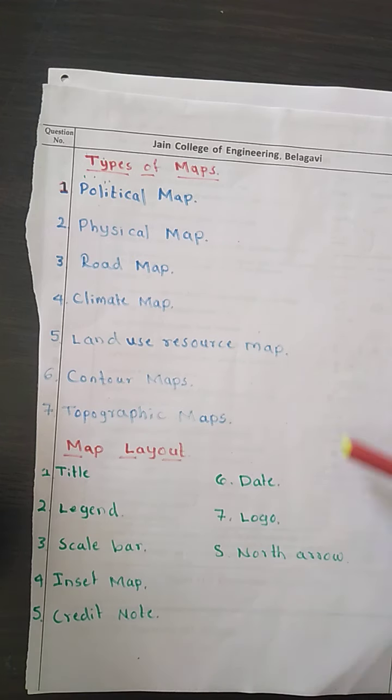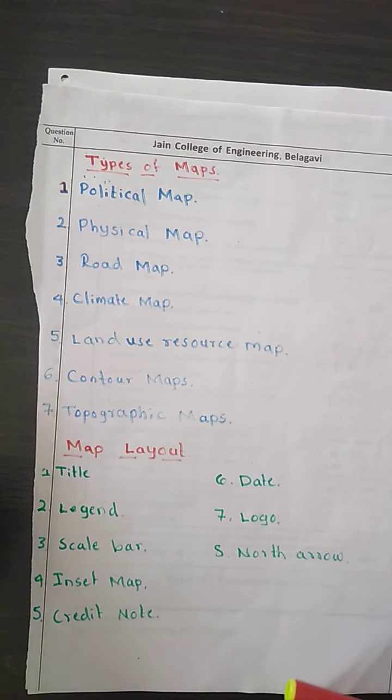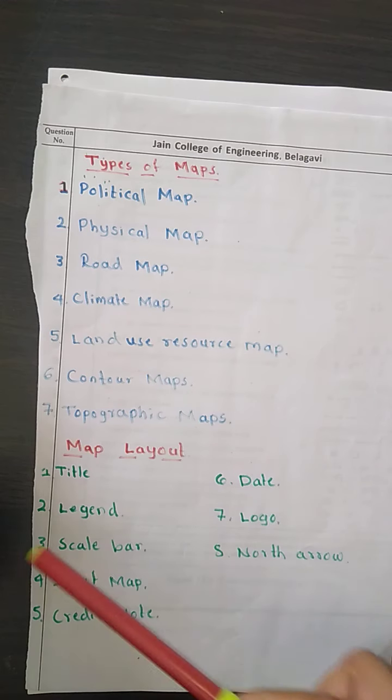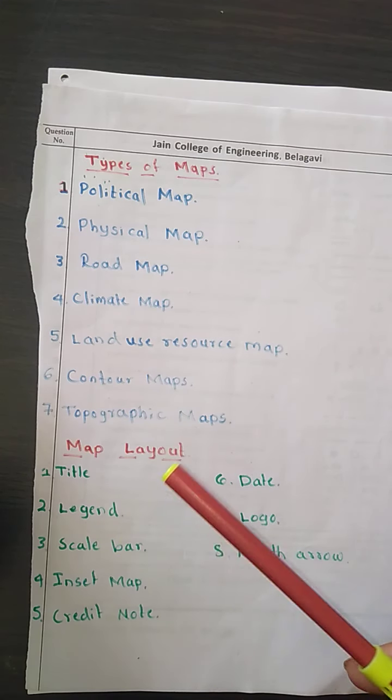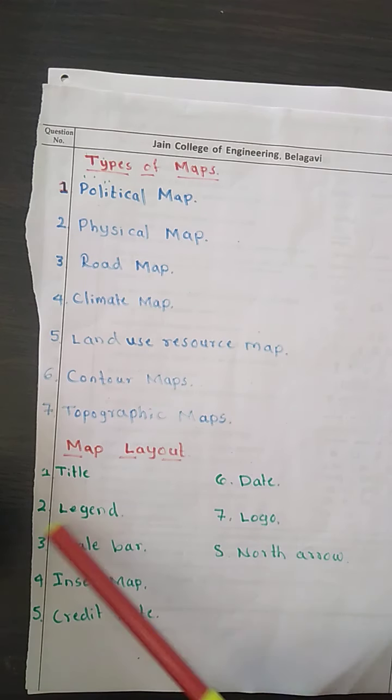Whenever you draw a map, it should consist of all this information. The title describes the name and the type of map, whether it is a political map, physical map, or road map. It provides the primary content of the map. Then the legend is the graphic guide that provides the different symbols you use in that particular map. It might be showing the road, trees, forest, or mountain, which is shown by the legend.